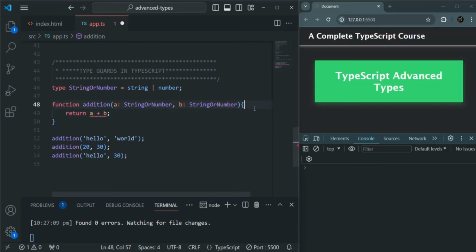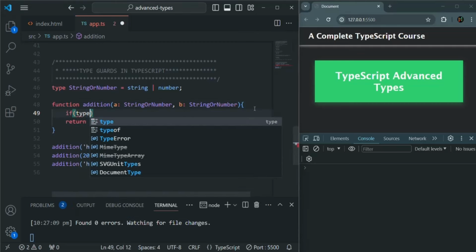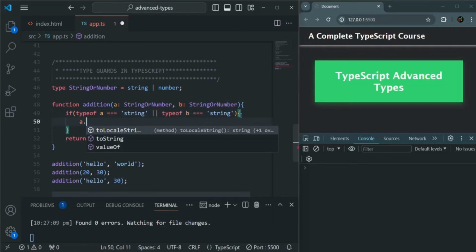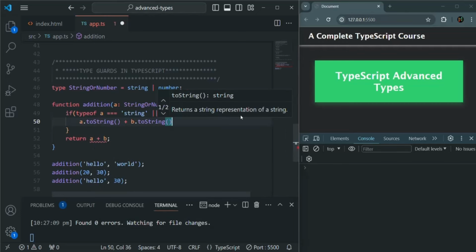For example, we will check if typeof, so for that we are using this typeof operator, we have already talked about it. So if typeof a is equal to string, or if typeof b is equal to string, so if any one of these parameters is a string, what we are going to do is concatenate them. So for that we will say a.toString(), so we are converting that a to string type, plus b.toString(),